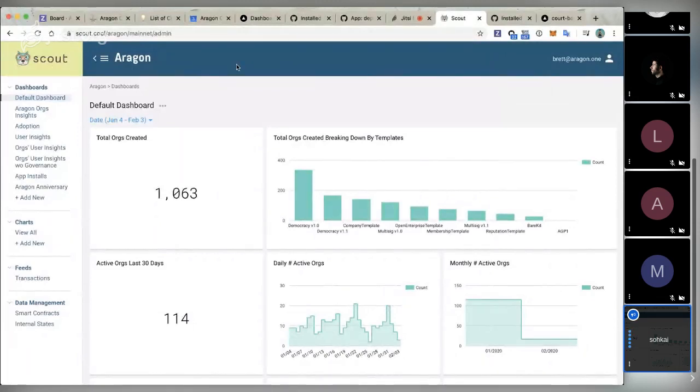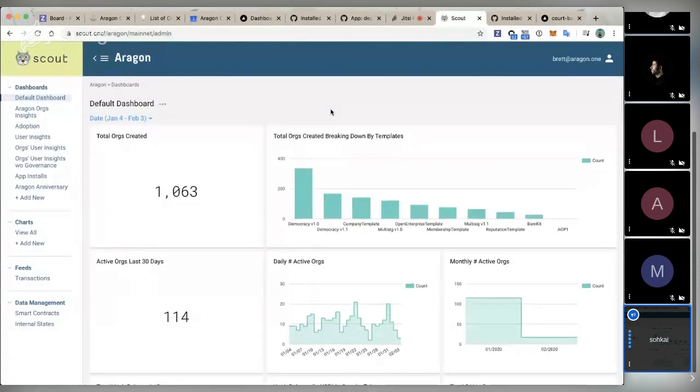They provide dashboards for Ethereum-based protocols and apps, and they've built a bunch of charts and other aggregations that help us view the network as a whole. And there's a public version of this if you go to scout.cool/Aragon. But as people who are registered and logged in, we can see a few more details that aren't shown by default in the open view.